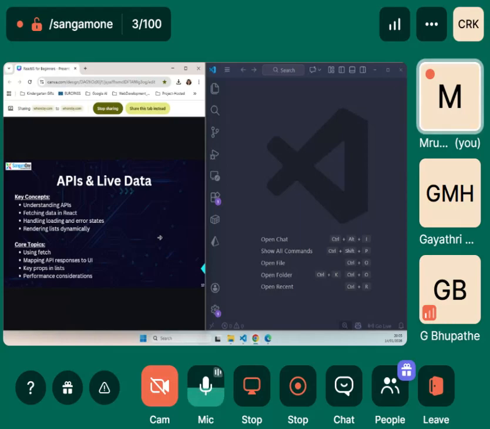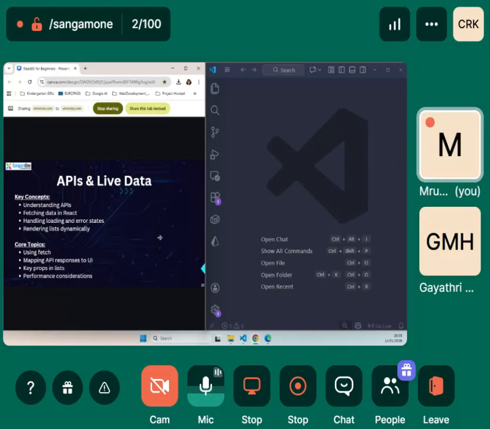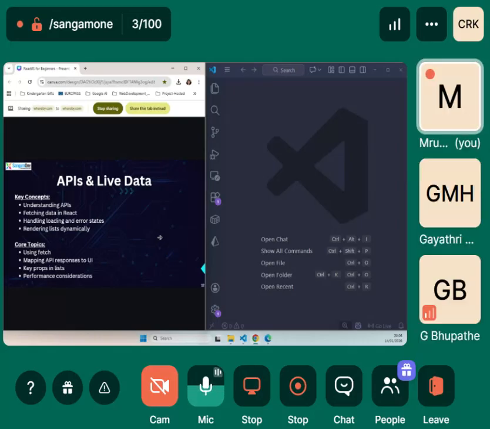Normally React handles all the errors that can be handled. But when it is live data, there might be an error with the URL. There might be network connectivity issues with the internet. Sometimes the server might be down. If any of these things happen, the app should always show an error message, right? This helps the user understand what exactly the problem is and troubleshoot. We have different error codes for each scenario. If the internet is not working, it will say network down or unable to connect to the internet.